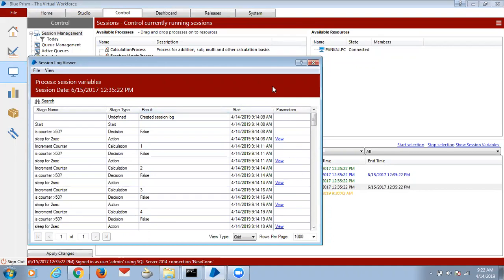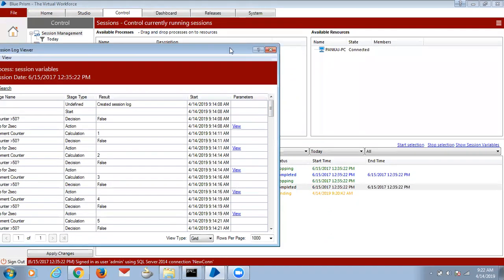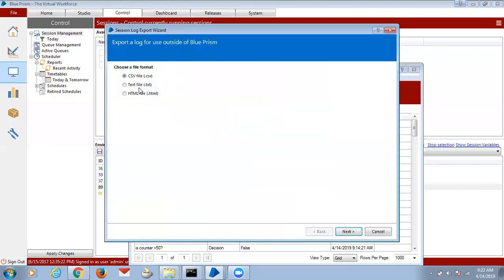It will show that now it is completed, right? Otherwise it will show terminated. Terminated is nothing but some exception has happened. They don't know where exactly it happened, and they are not the developers, right? So what they will do is File, Export, Text file.